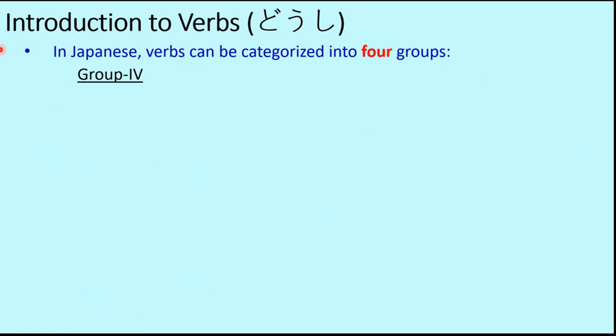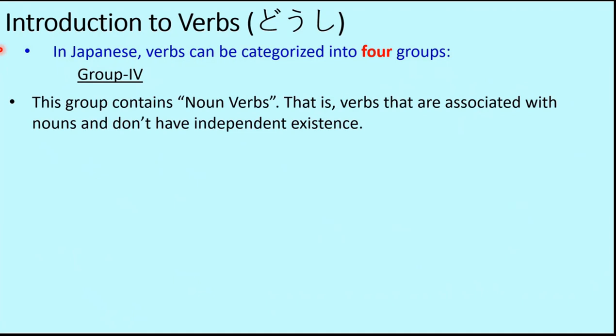Then we have group 4. Since there are four groups, group 1, group 2 and group 3 we have just discussed. Group 4 contains those verbs which are called noun verbs, that is, verbs that are associated with nouns and don't have an independent existence. So what does that mean? If we take an example,